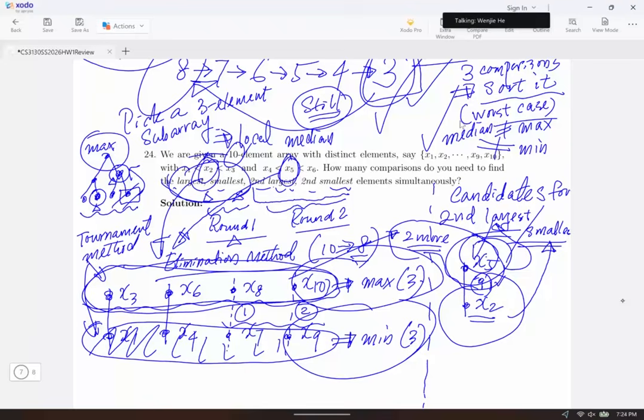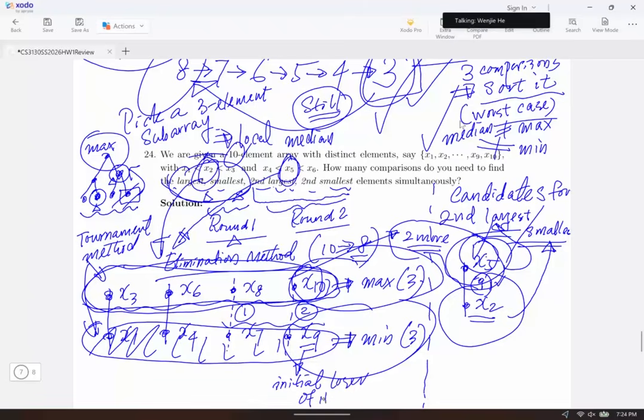We need to explore. The answer is, if the winner is X10, then this direct loser, or here I want to call it initial loser, because I want to use a different name to avoid confusion. All right. So this X9, because of the initial round comparison. Let me try to use a different name to separate. So initial loser